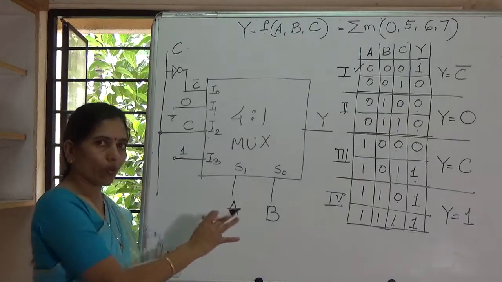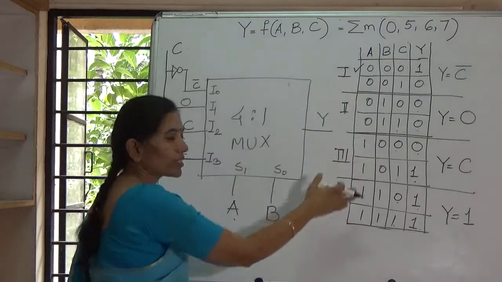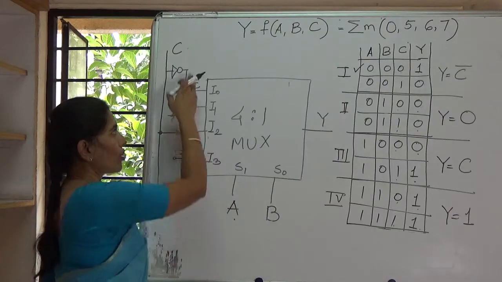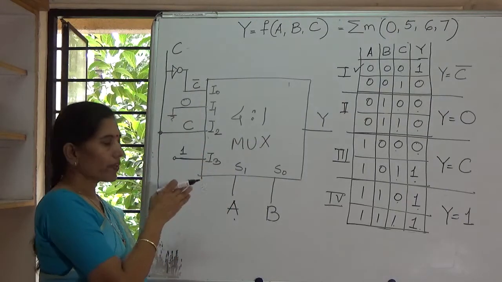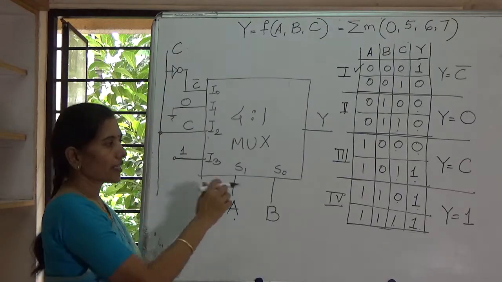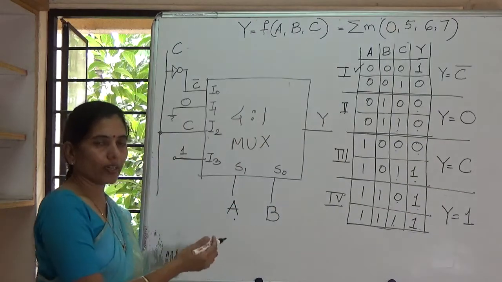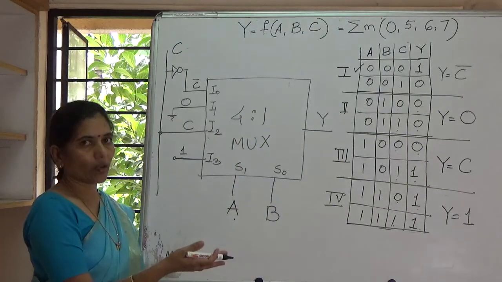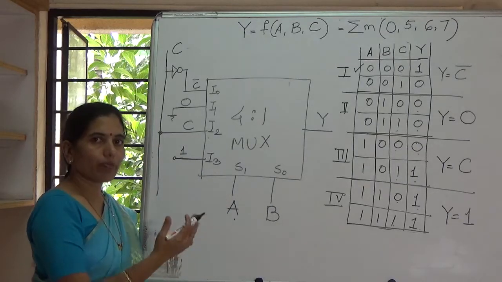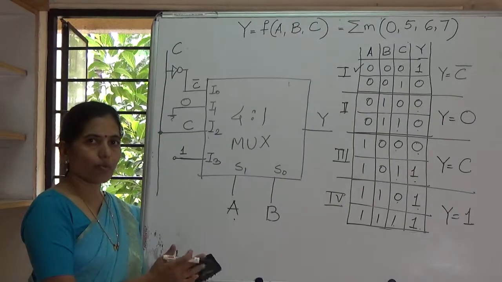The only thing to be remembered over here is that since the number of combinations is 8, but we are accommodating these combinations on 4 input lines, we therefore need to express the input lines in terms of one of the variables, which is C over here, or either a 0 or a 1. So in this manner we can implement any Boolean expression using a 4:1 mux, 8:1 mux, 16:1 mux.